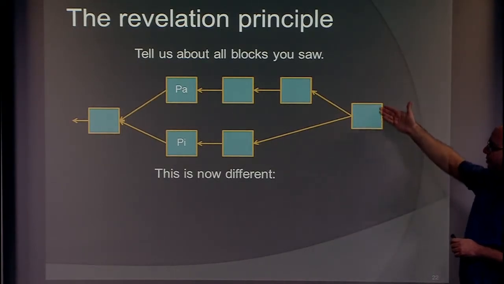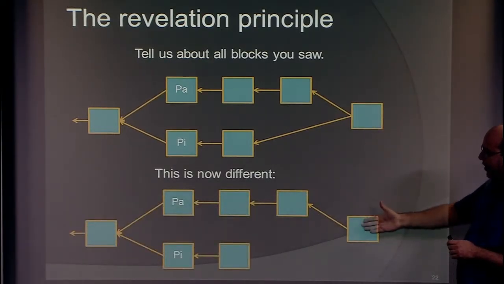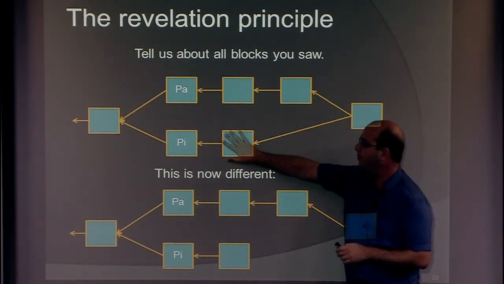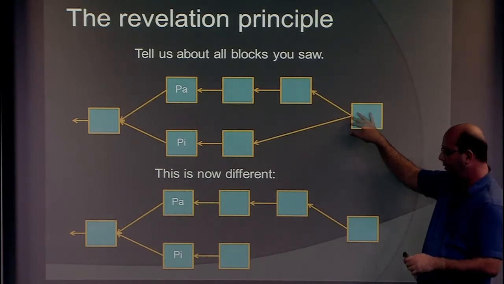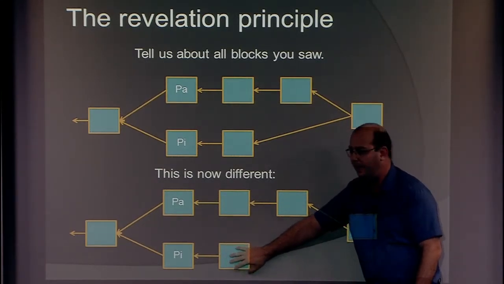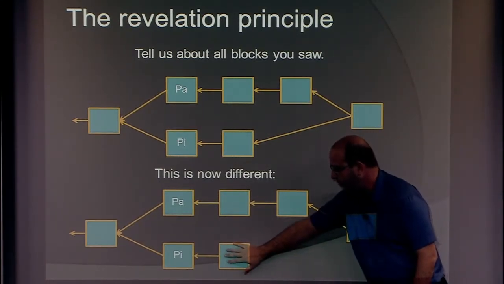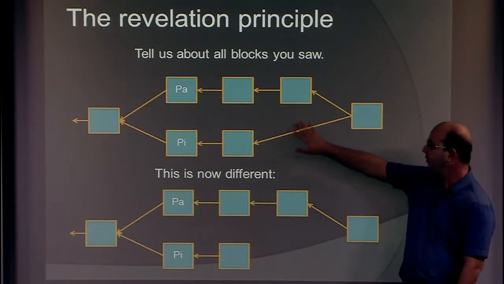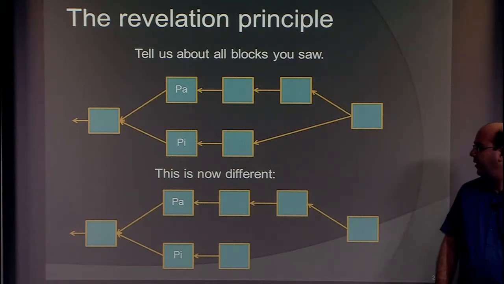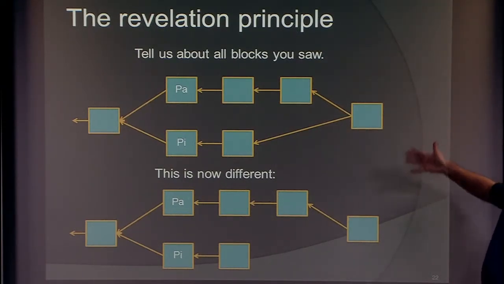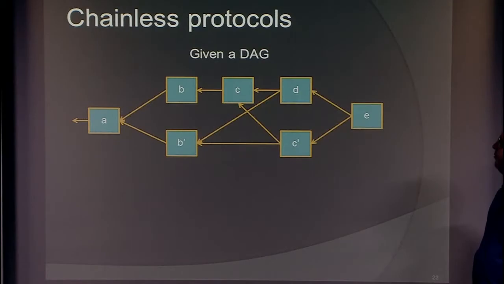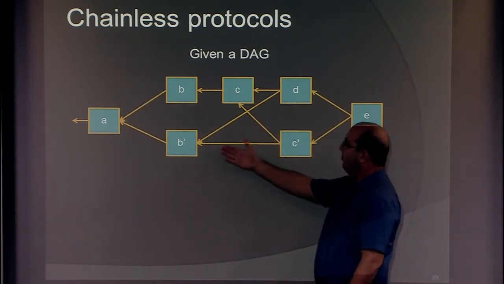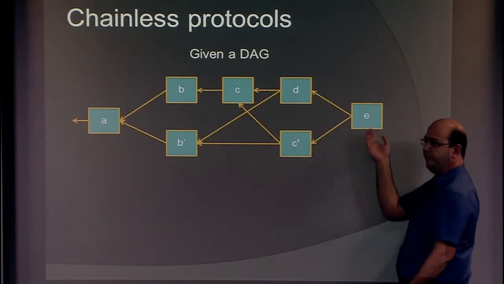And also, we can tell the difference between these two scenarios. This is now very different than this. This is a block that may have been delayed, but is reported. This is a block that is delayed, but may have not been reported yet, so it could be still kept secret by an attacker. So this looks more like an attack than that one. So this is a very interesting thing that we can leverage off of. And now what we have is, instead of a chain, we're basically down to a directed acyclic graph.